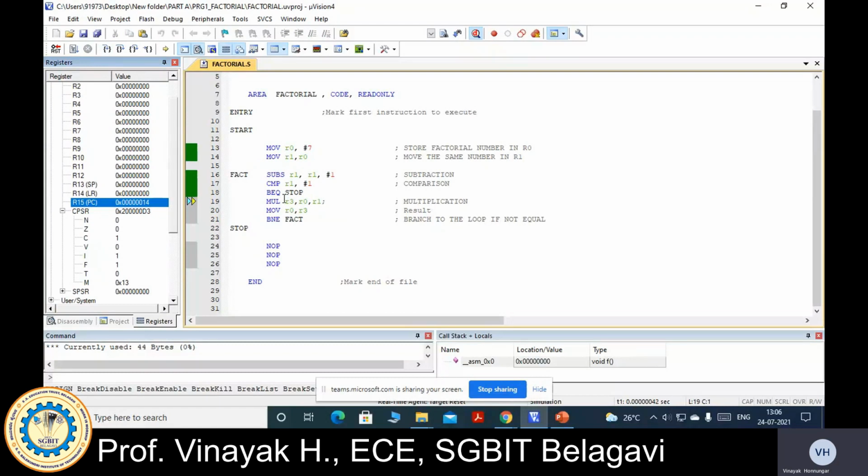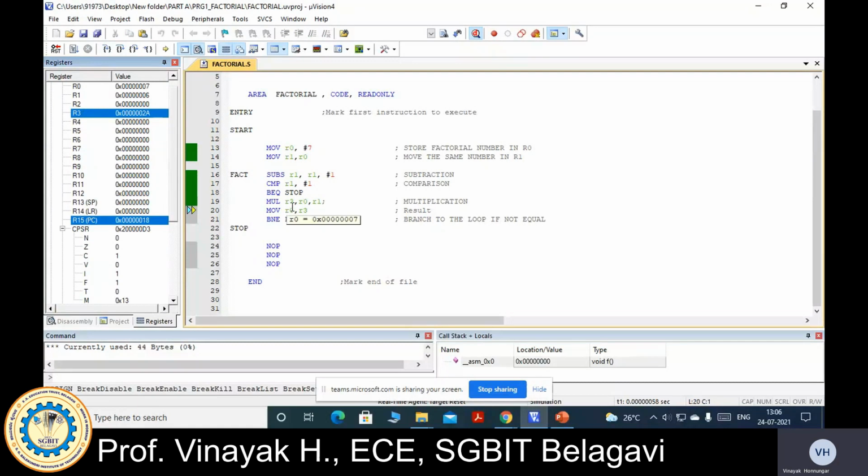Initially R3 is 0. R1 is 6, right? Then R0 is 7. So 7 into 6, whatever the value we get, 42 in hexadecimal will be stored in R3. As soon as I execute this mul instruction, you will get 2A in R3.